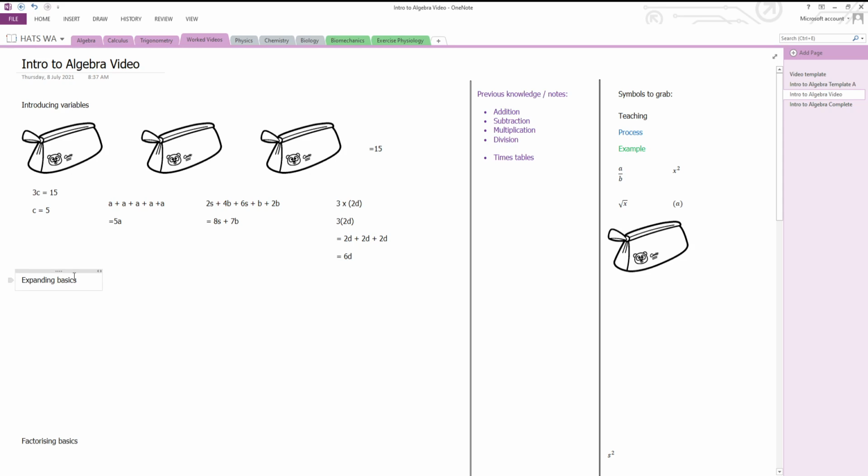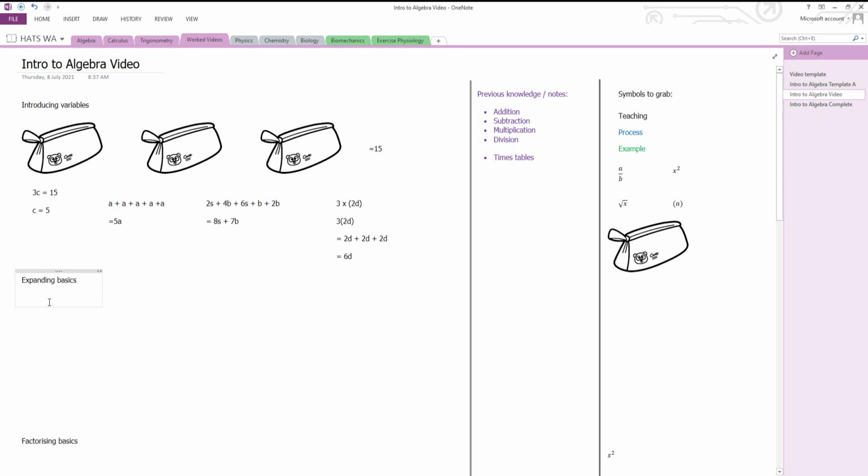Great, so now that we understand terms and what the variables are, we're going to look at expanding. Again, I might go into some of the language of this a lot more in another video, but the main thing I'm focusing on here is getting to expanding and factorizing. So let's have a look at some